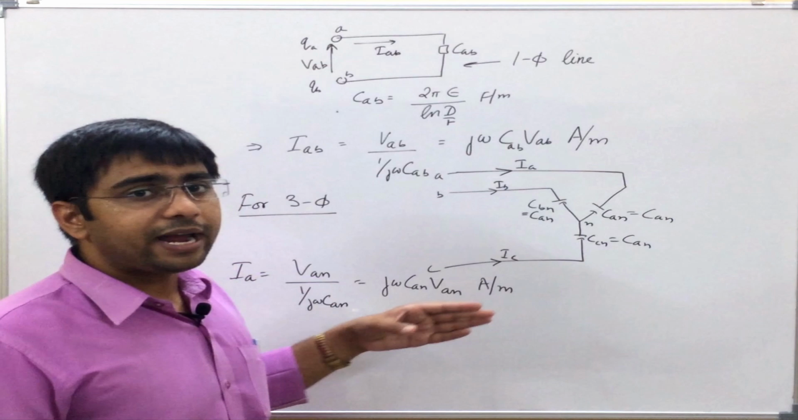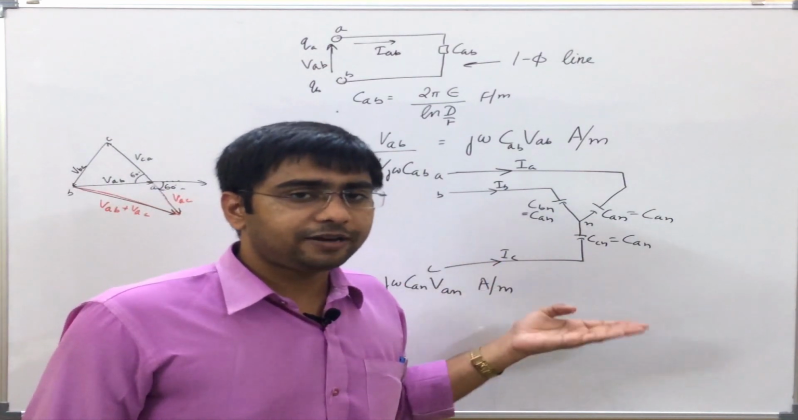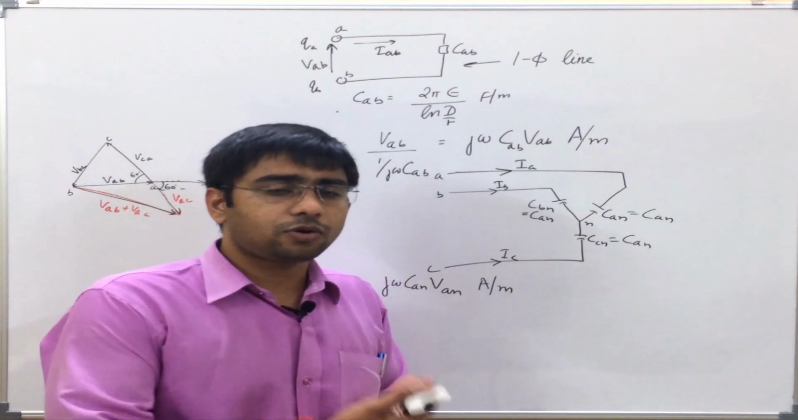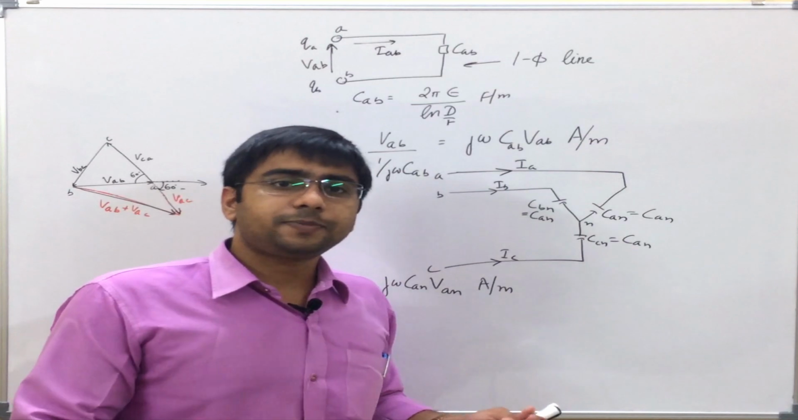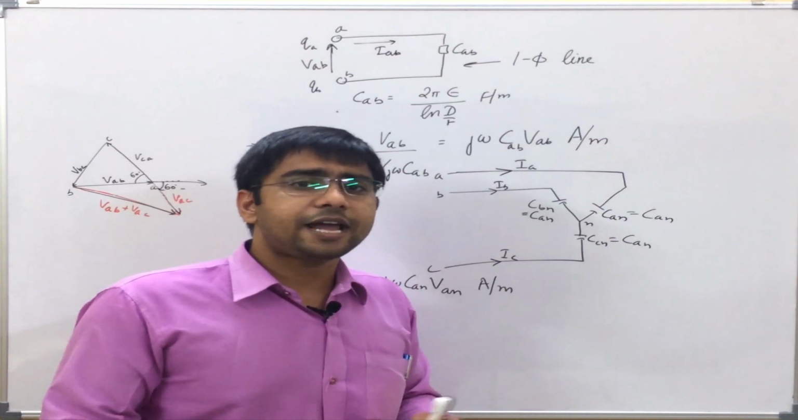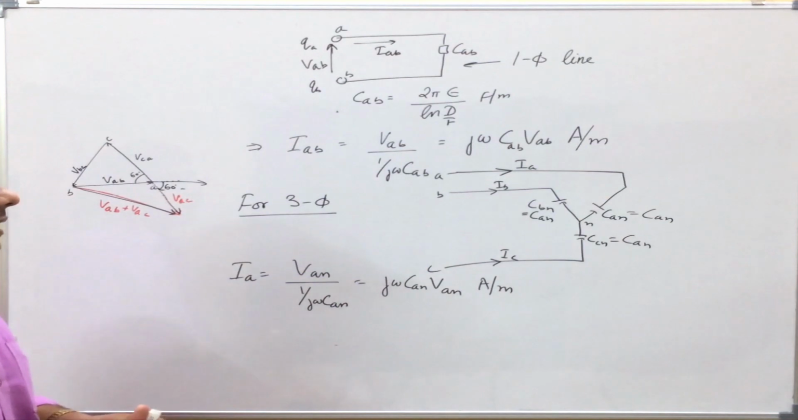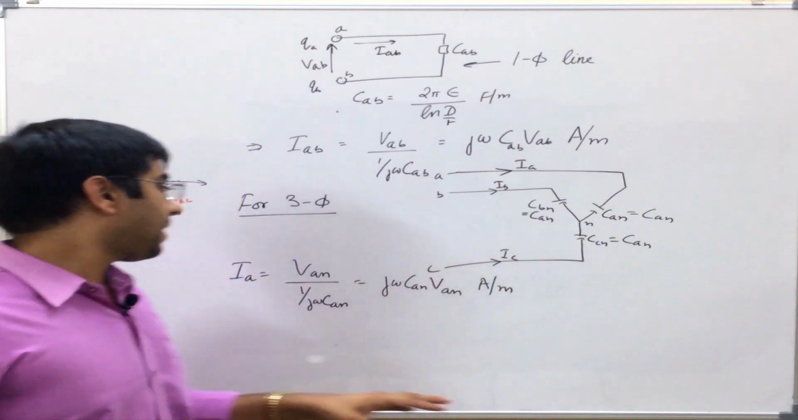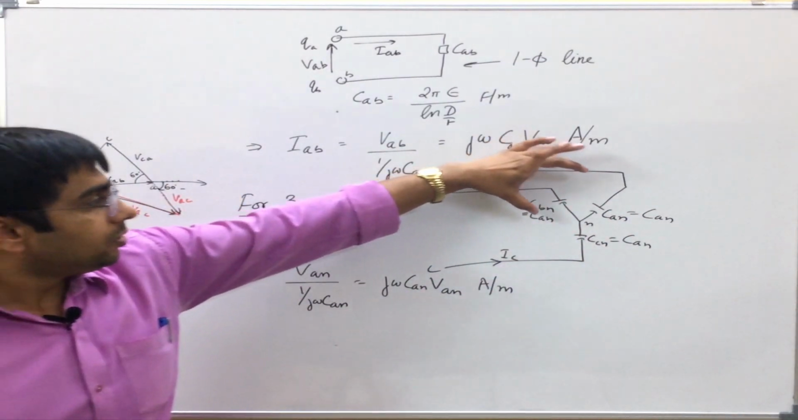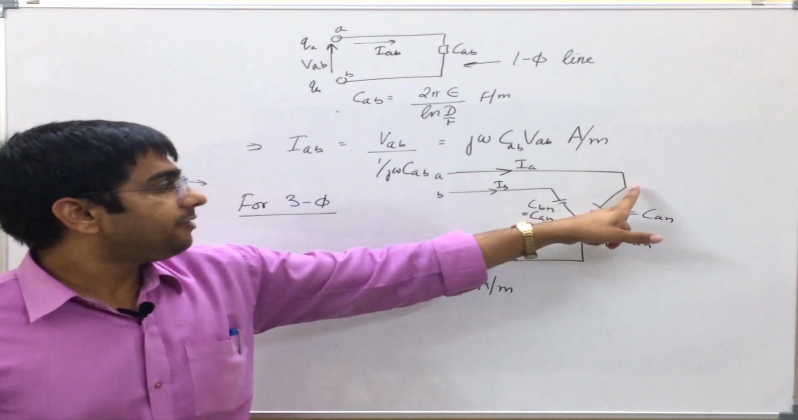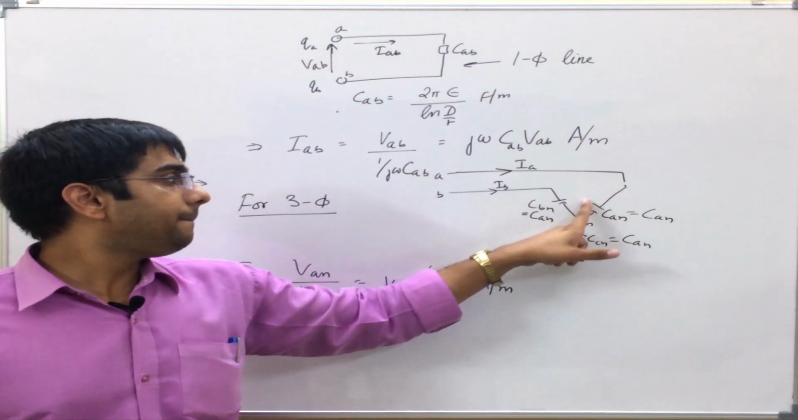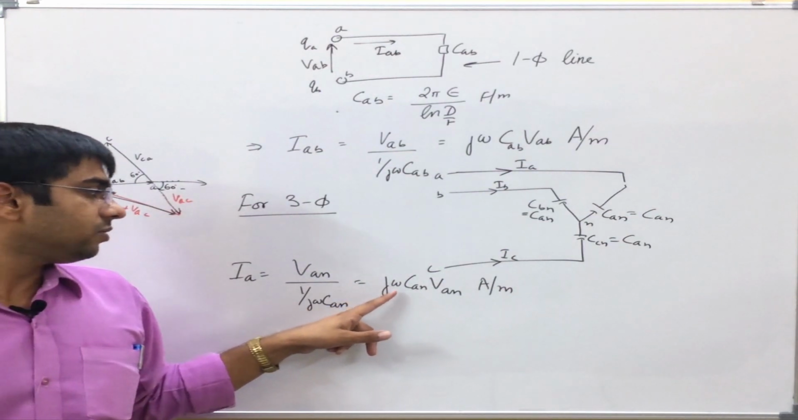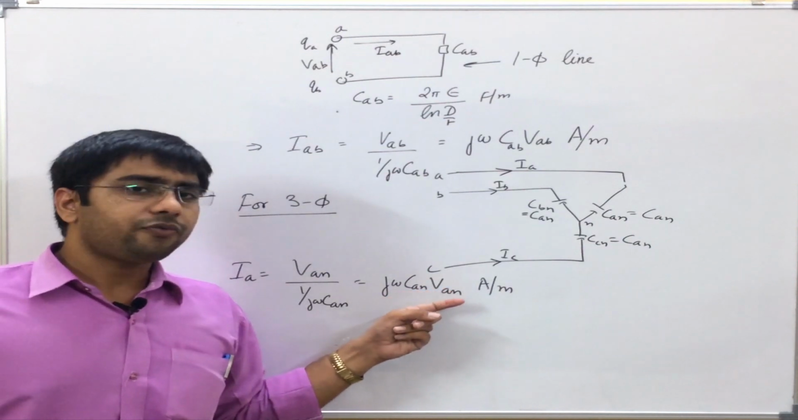If you do not know why we can write this on a per phase basis, please review the video wherein I have solved an example on per phase basis. I believe it is around the 9th or 10th lecture. Now let us see how to calculate the charging current in the 3-phase equivalent circuit. Now IA will be equal to the phase voltage, that is voltage between A and N, divided by the impedance. So it will be equal to 1 by j omega CAN, or equal to j omega CAN into VAN ampere